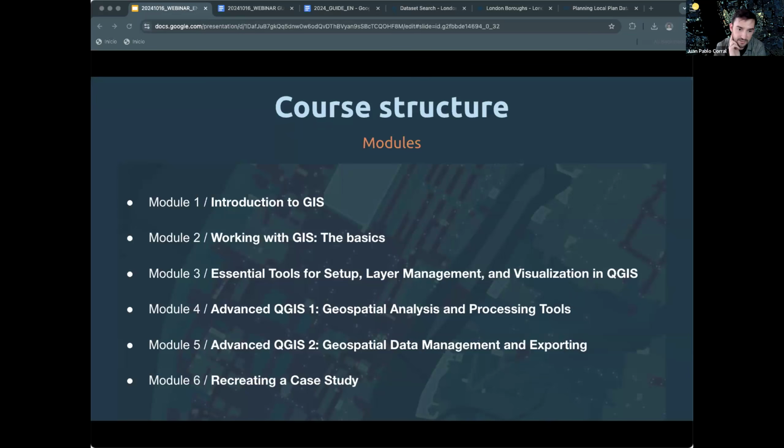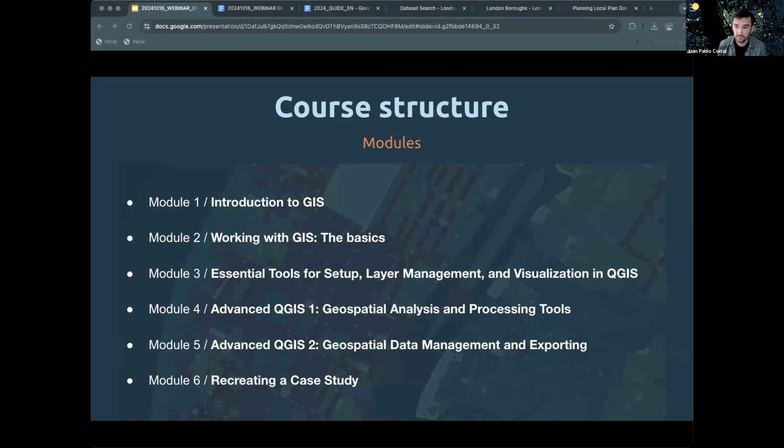Okay, good. Let me go a bit deeper on the content of this course. As Anastasia was saying, we will have 6 modules, where the first two are a bit more introductory or theoretical. Not theoretical in a way that you need to learn everything, because this is only for urban practitioners, and what we want to show here are the key concepts for people within this environment.